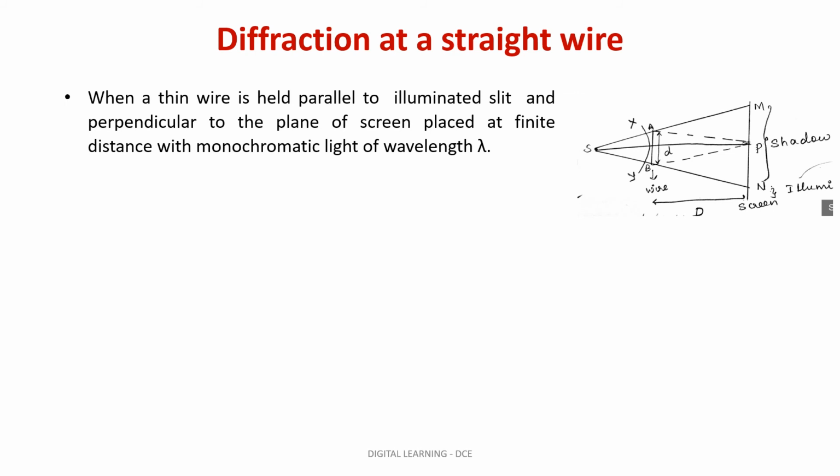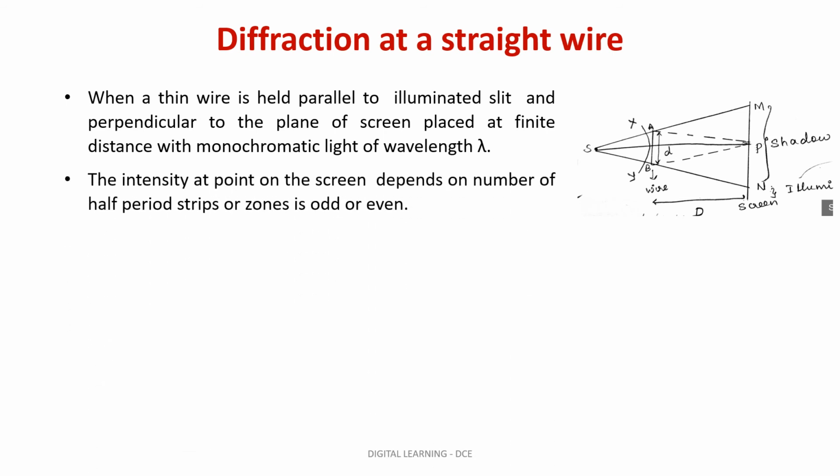Now let us discuss diffraction due to a straight wire. The light from source S falls on the wire and passes at the edges of the wire and falls on the screen. The position between M and N must be a shadow region. That is, when monochromatic light passes around a fine wire, a diffraction pattern is observed at the screen placed on the other side of the wire. The central point intensity is very large and decreases on the sides till it becomes zero. See here, in case of a wire, you can use a human hair also.